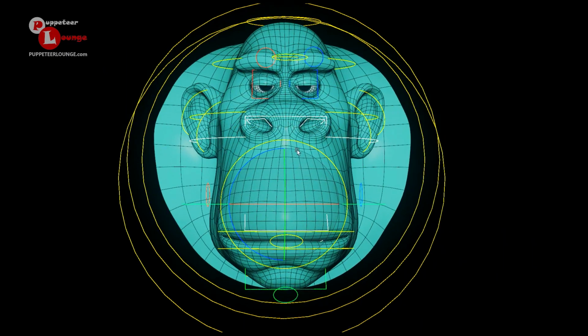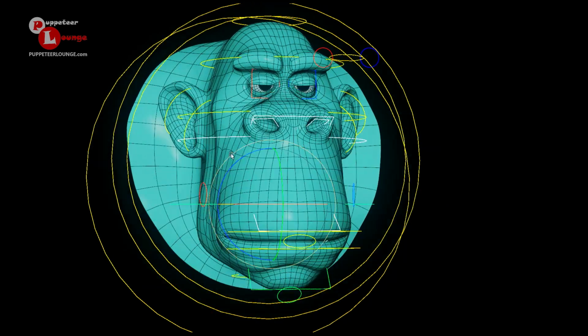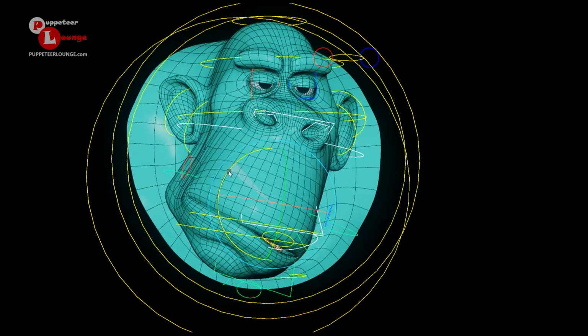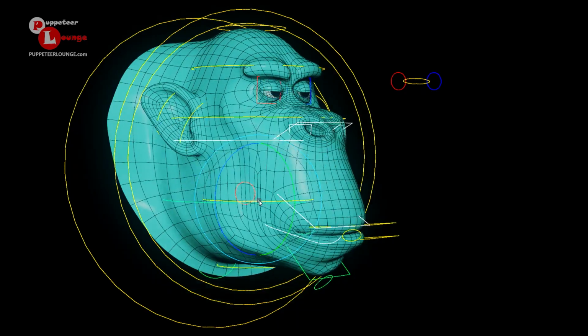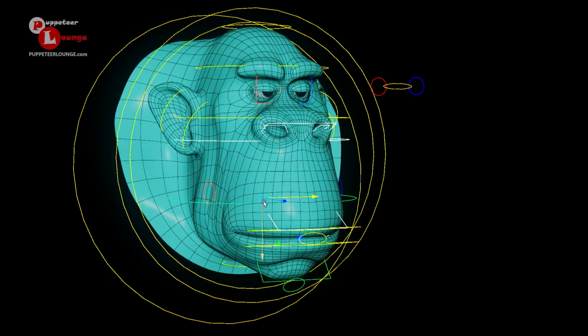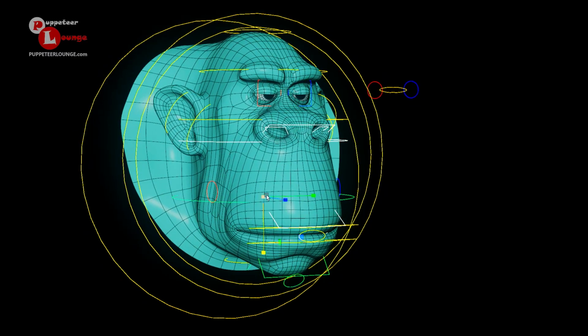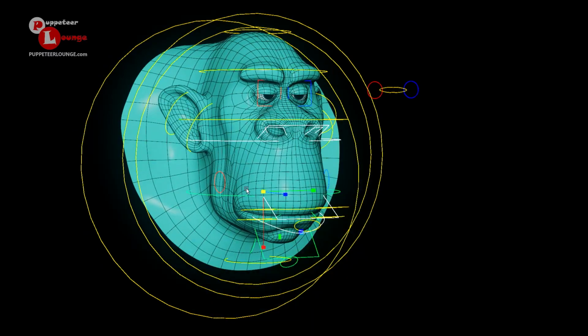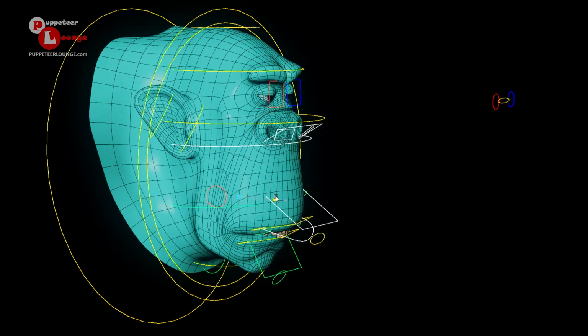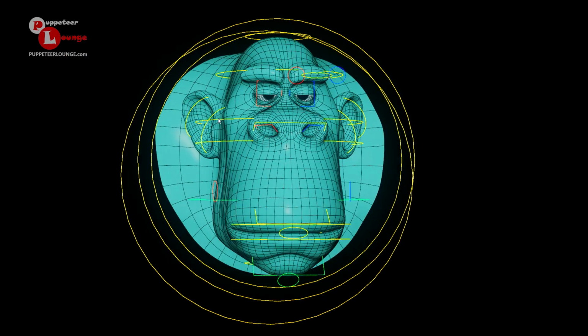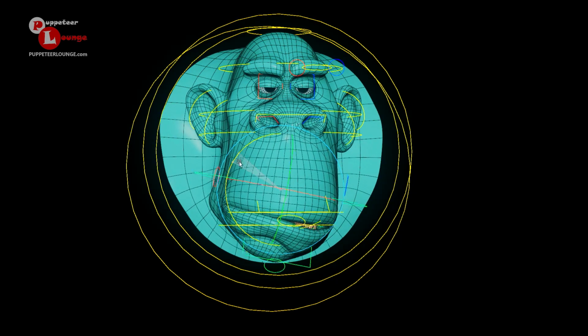Same thing for the lower jaw as well. So you can see we have a bendy control for the lower jaw, which can be bent front, back. We can also twist it, translate, and of course scale it. And by scale, we can scale it in all directions. So there you have it. We have two bendy controllers for the upper head and two bendy controllers for the lower head.